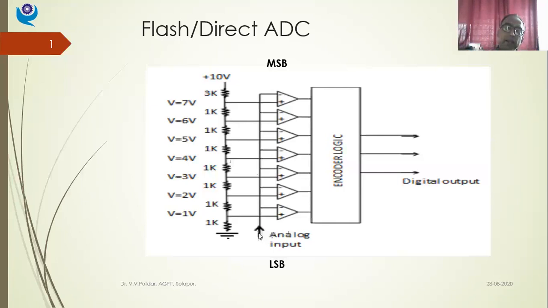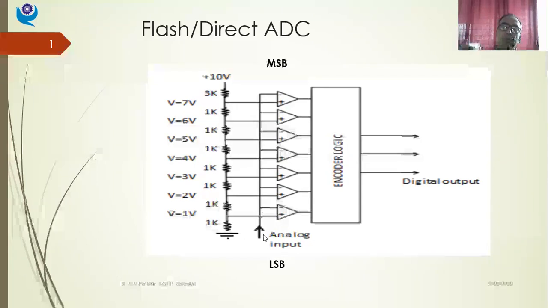What will happen? This analog signal at this op-amp will act as a comparator now. What will it compare? This 2.5 volt that I am giving to the inverting terminal will be compared with the 1 volt that I am providing as a reference voltage. So 2.5 volt is greater than 1 volt, right? So the output will be on, or it will generate a bit 1. Yes, the analog voltage that I want to convert is more than 1 volt. So 1.